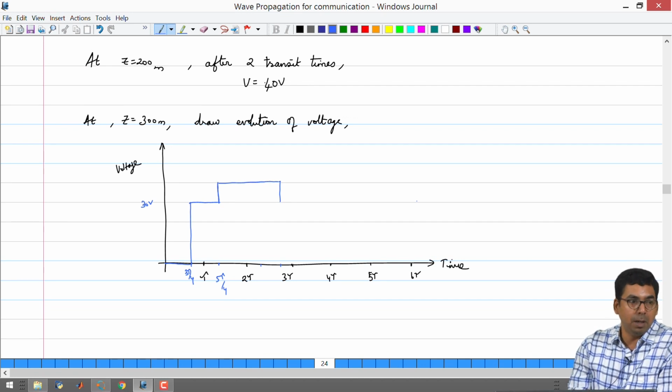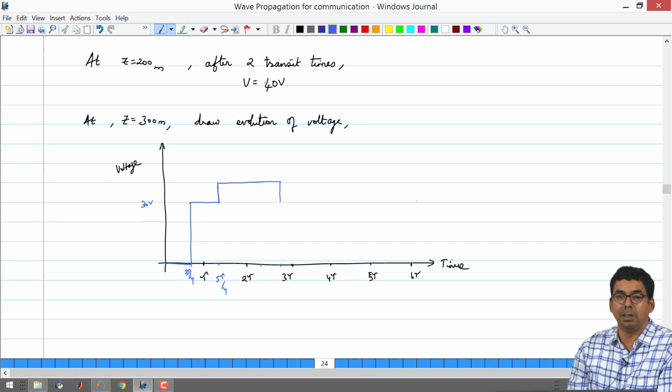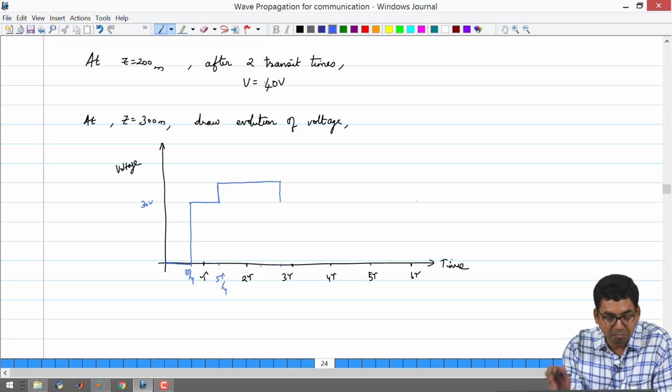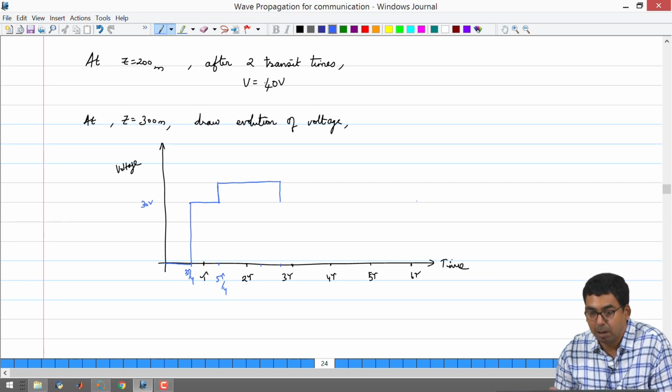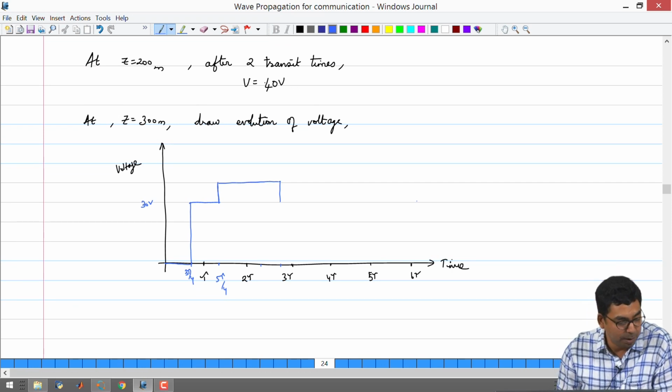Obviously, here we supplied only 30 volts, but because of the way it is configured, the way you have the source and the load resistances connected, you can have 40 volts in your transmission line at some point of time. So, if one were to design insulation for your cables, you will have to be aware of what kinds of values of voltages are possible and then decide accordingly what material to use. Okay. So, this is a bounce diagram and this is how you will draw the time evolution of voltage.